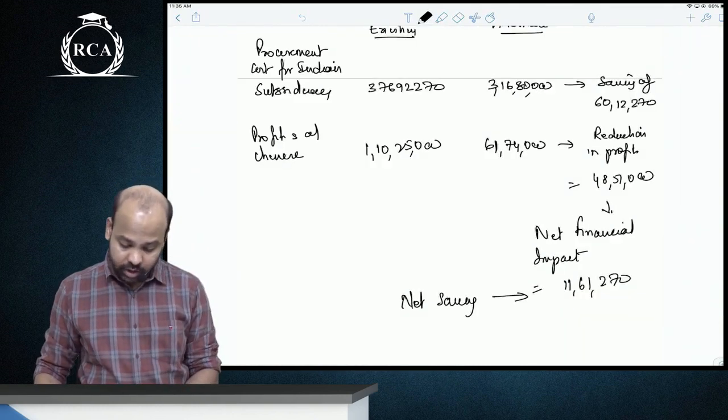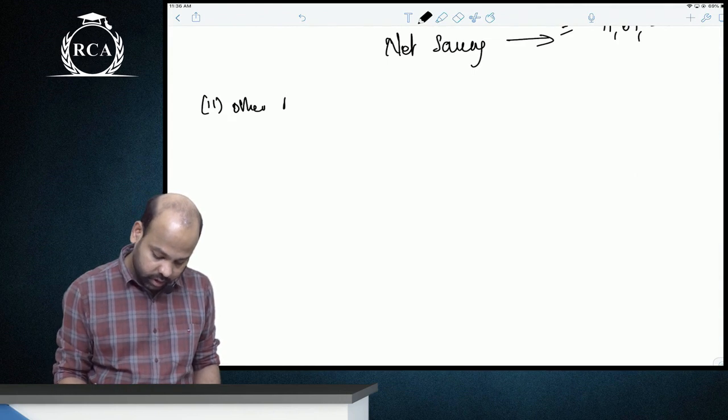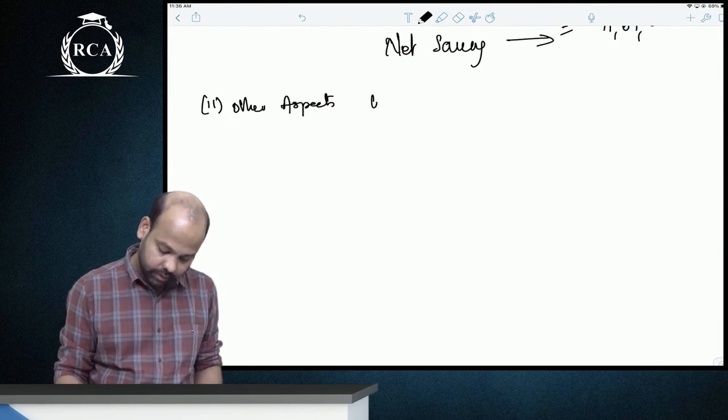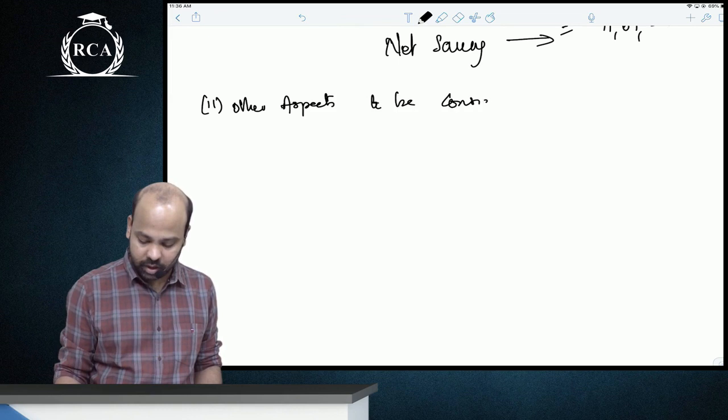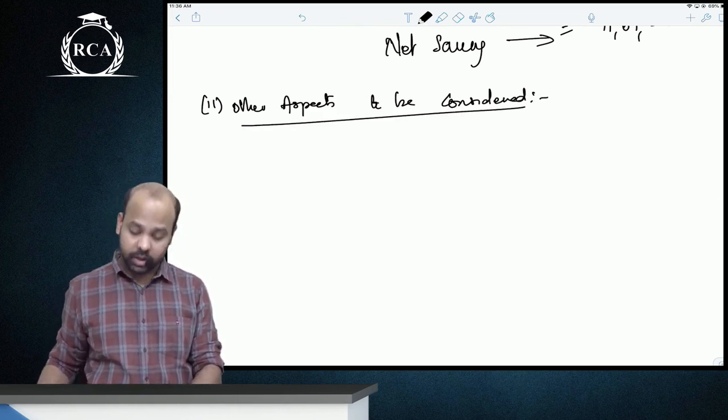वो points लिख लो बेटा. Other aspects to be considered. थोड़े points लिख लेते बेटा. First point beta here is